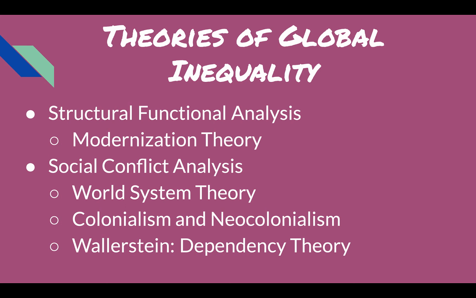And stage 3 is then a drive to technological maturity, where poverty is then defined as a problem and technology is used as a solution to try to deal with this. And the ways of the past are then seen as old-fashioned instead of something we should stick to. And the fourth stage of this is obviously the one we're in, which is high mass consumption, which also results in widespread material affluence. So, some criticisms of modernization theory is that it's just simply a defense of capitalism, right?